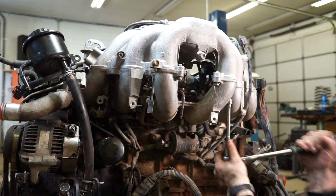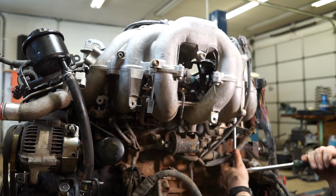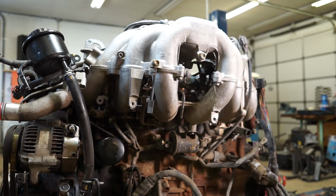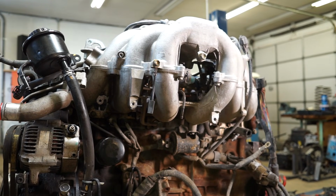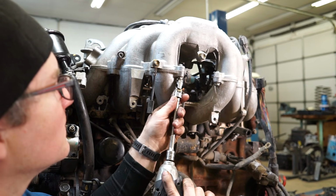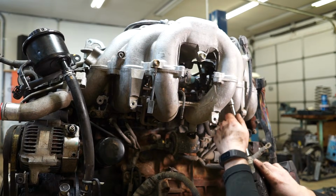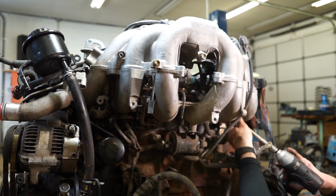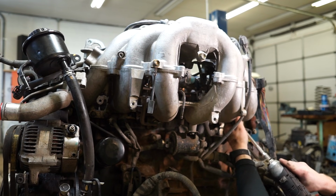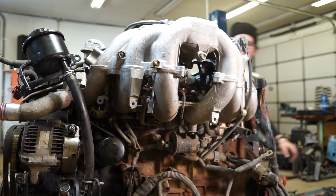But there's a nut here, a nut here, and then another long one back and down here. And it's easiest to come up from the bottom with long extensions and swivels to get these. Once all that's off,